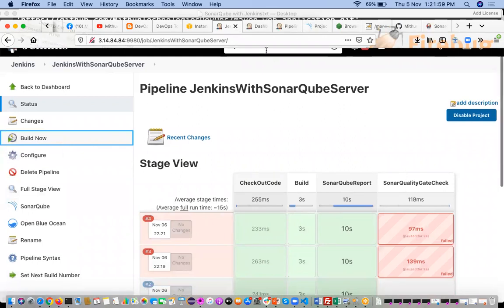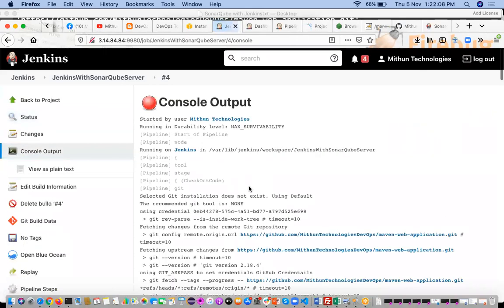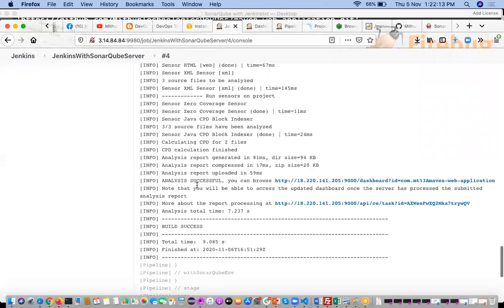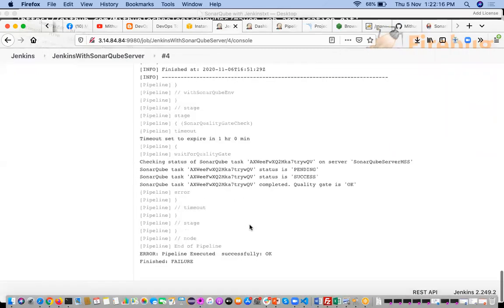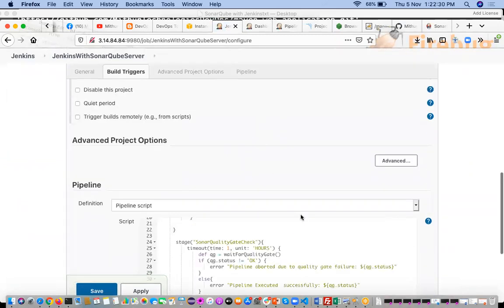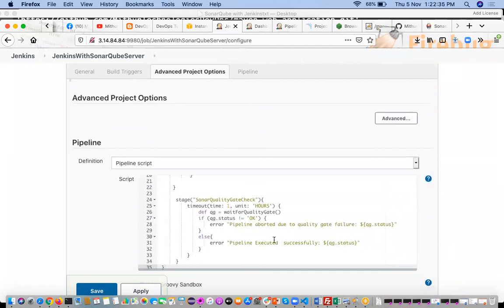So still it is failing. One second, let me check. Aha, no need. Just check this log, console output. It is successful. Why is it marking as a fail? Pipeline successful. Okay, one second. Just check that one. Pipeline executed successfully.